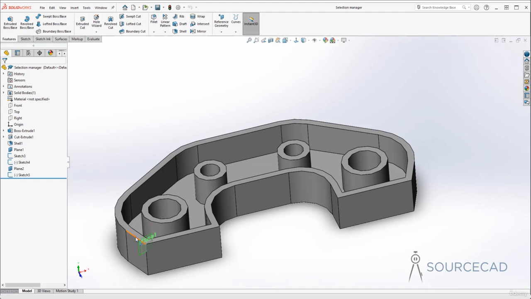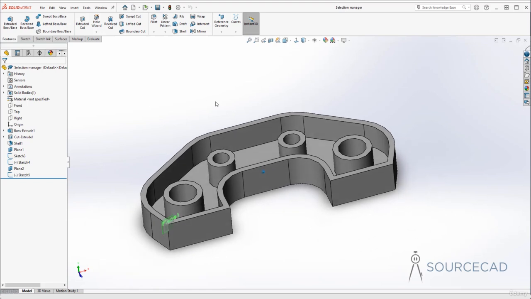Now of course you know that this is created with separate disjoint edges, and if you try sweeping this profile along the path, it will only sweep up to the first profile and it's going to ignore everything else. So to get rid of this problem, you can actually connect all of these disjoint edges using composite curve. But this composite curve option is also not required because we have a tool called Selection Manager that we can